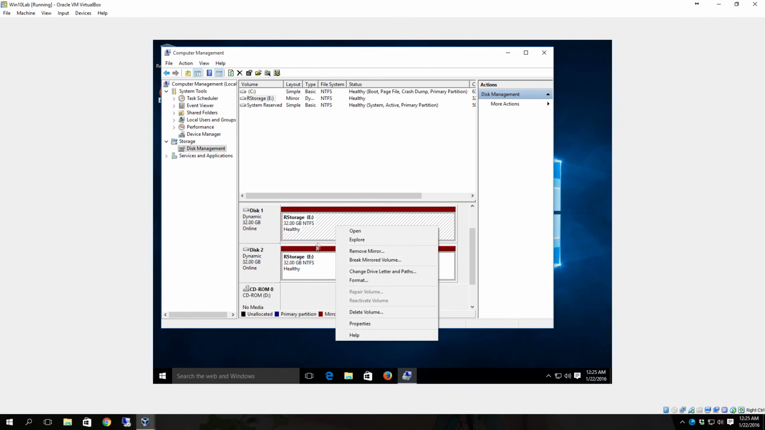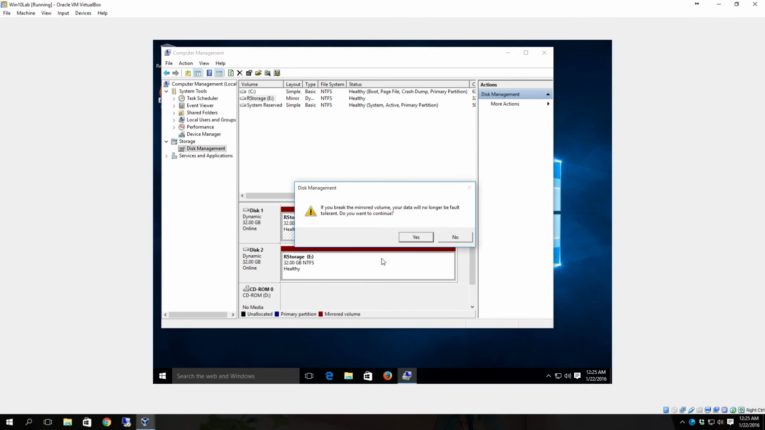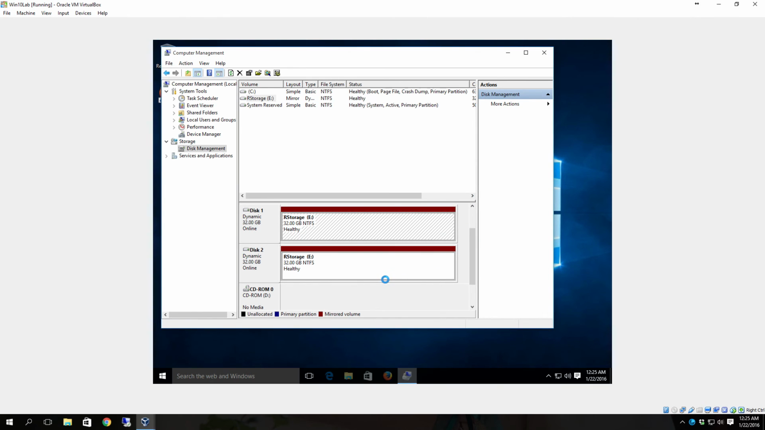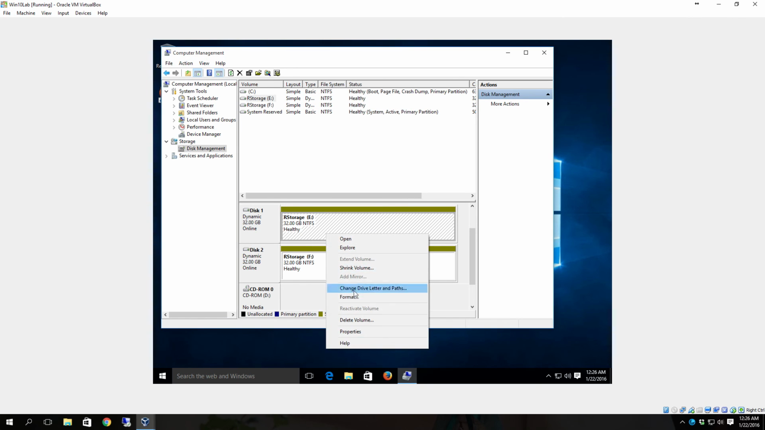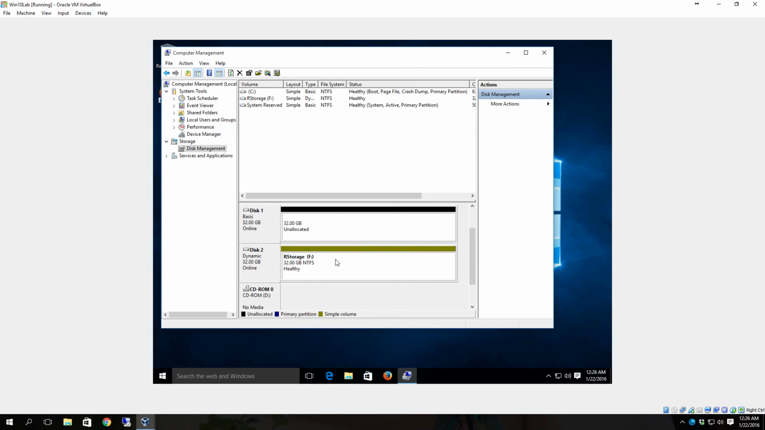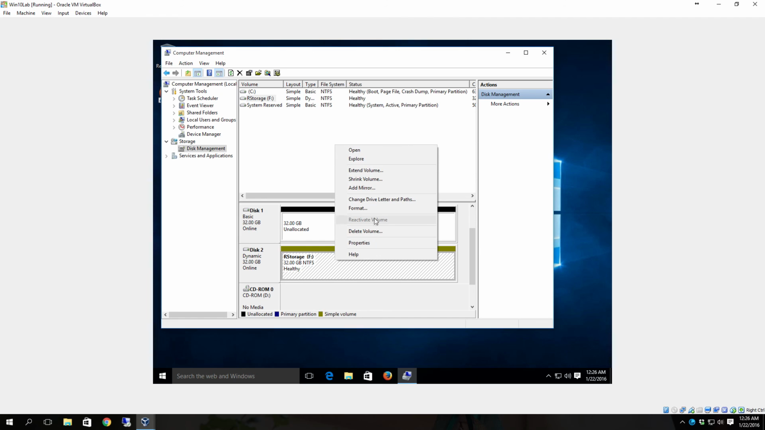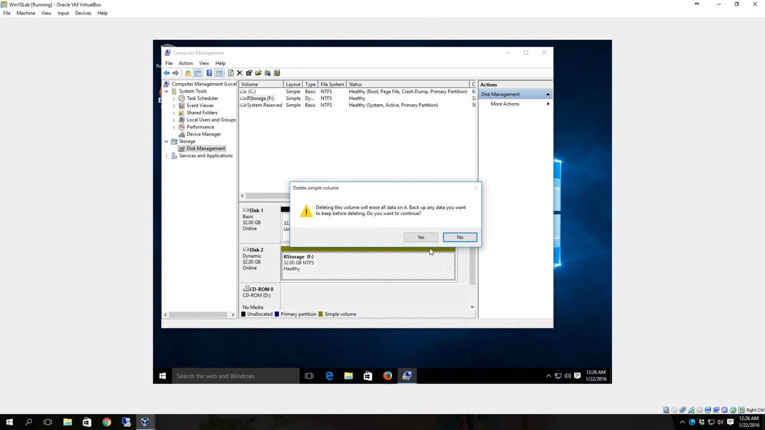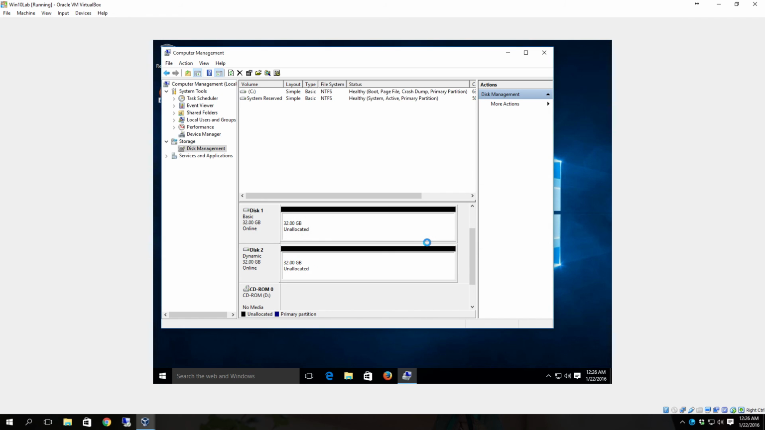So we're going to go ahead and kill this mirror. Right click on it, break mirror volume, click yes. Now it drops the 2 of them to simple volumes, and it's going to separate both of them out into 2 separate drives. So now there's 4, and then we can just delete the volume from right here. And that is how you work with drive partitions using Computer Management